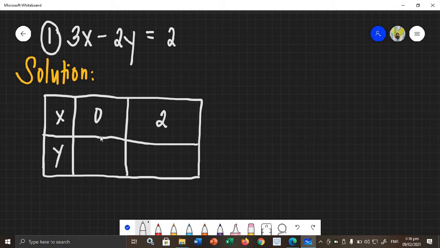And then, for you to be able to find what will be the values of your y coordinates, we are going to use this linear equation. So, ang mangyayari dyan, you are going to substitute the x coordinate to the x in the linear equation. So, let's say this example. Si 0 is your x coordinate, diba? Wala pa siyang y coordinate. So, for you to solve the y coordinate of 0,